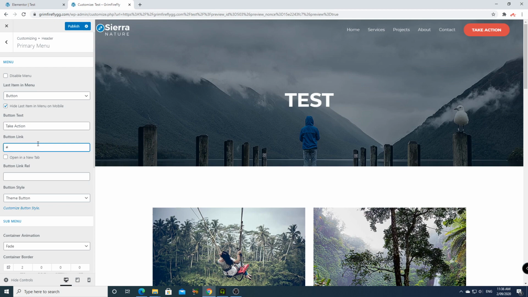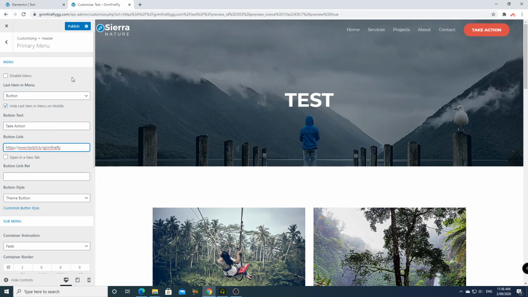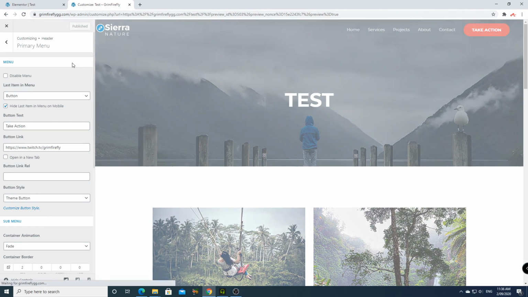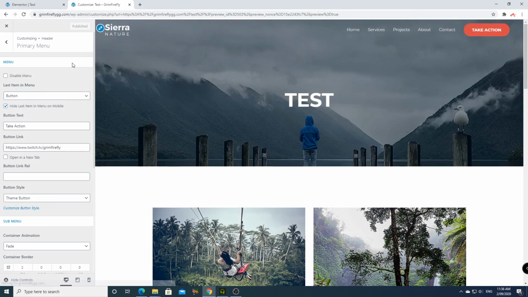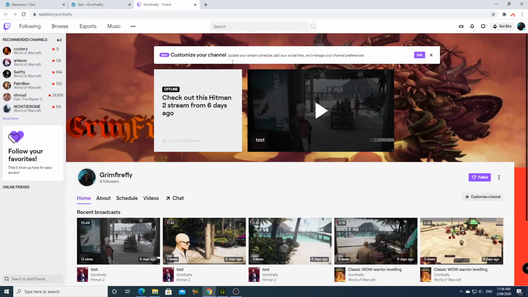By simply pulling out of there, boom, and throwing in wherever you want to link it, and then pushing publish as well. And then once we've published this, since we've got kind of like the Twitch theme going, maybe we want to do that. We can just exit out of that, and when it goes back to our real website, we can simply click on this button and hopefully it goes to our actual Twitch. So this is kind of just our little template. We've only been doing this for a couple of days, so there's not really many followers or viewers in here, but it's just simply to show you how you can